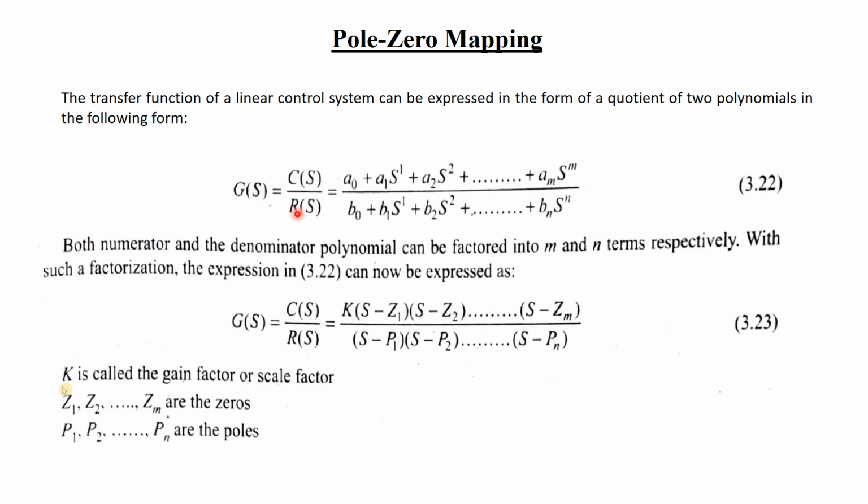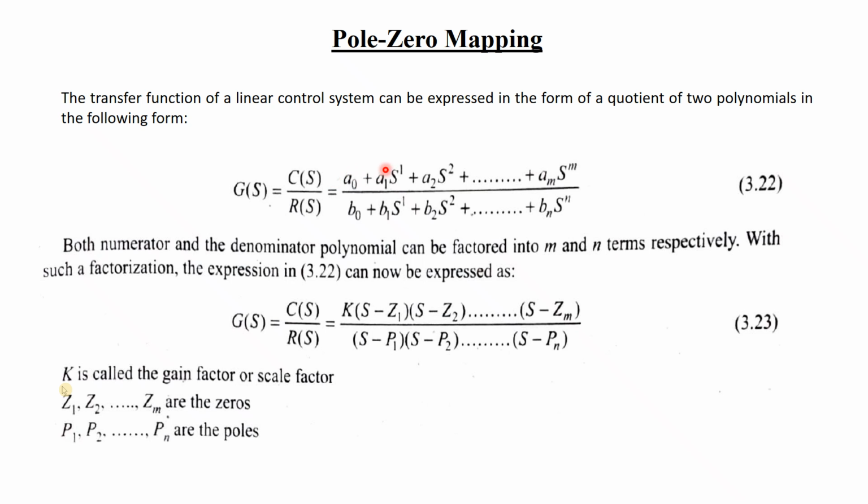So we will get this in this way, that C(s) by R(s) is G(s) H(s). In this case H(s) is considered to be just, G(s) is written over here. G(s) is written as if it is an open loop transfer function, so you don't have to consider it over here. You just see this equation, you see this polynomial form where it is written,